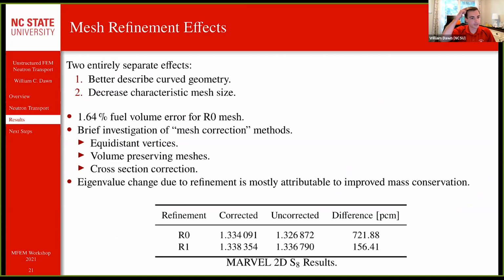I'll mention this briefly. So we're using linear finite elements and we're describing curvilinear geometries. So that's a problem. When we refine our mesh, we get the FEM benefit of having more nodes and decreasing characteristic mesh size, but we also get a better description of our geometry. So it turns out that when we use really coarse meshes and don't conserve the mass in the reactor, these really coarse meshes can have big fuel errors. That's a big problem. So we're looking at, maybe we can do treatments to try to conserve the mass,